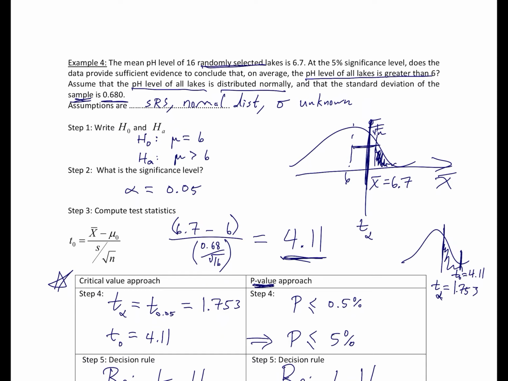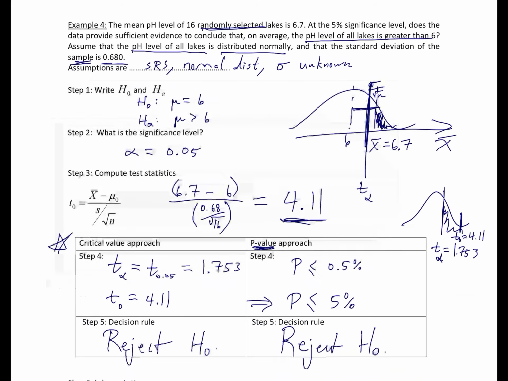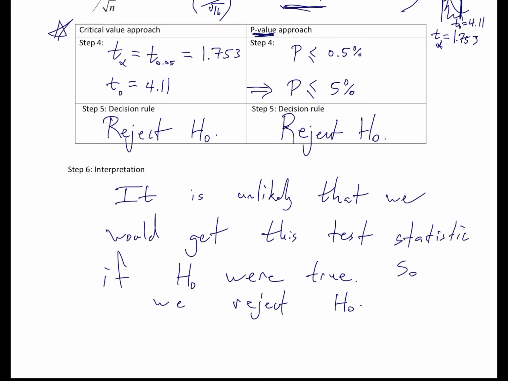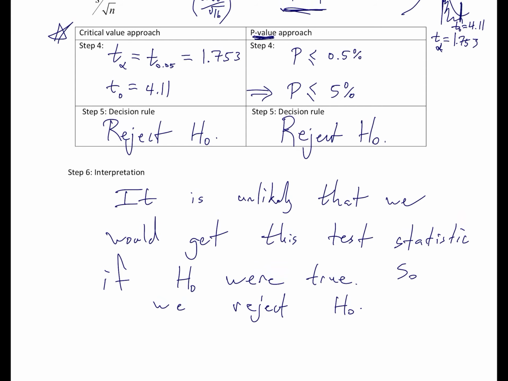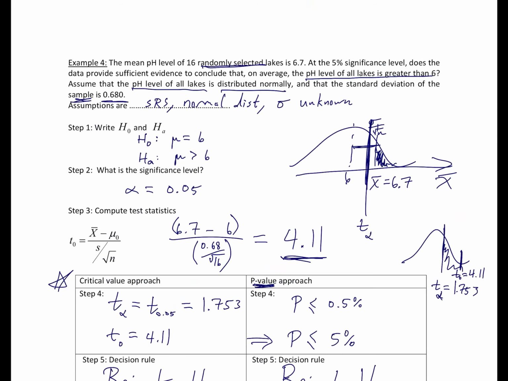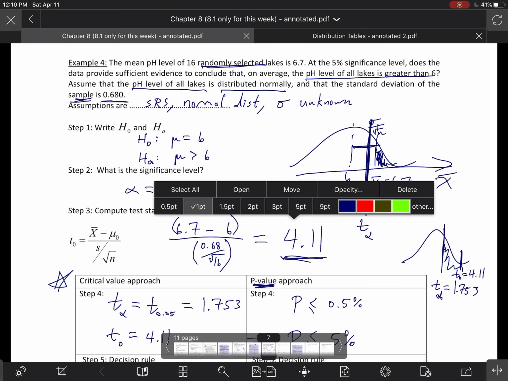But in this case, this is sort of the best that we can do. All that we can do is make an educated guess that we should reject H naught. It's possible that we just got unlucky and H naught happens to be true, but we have enough evidence that we're